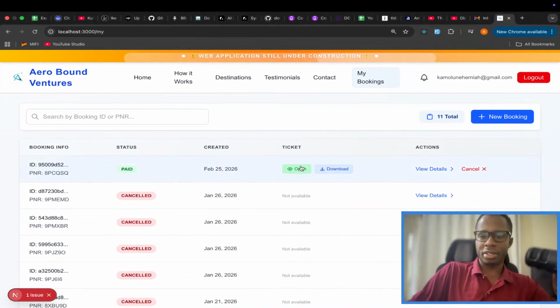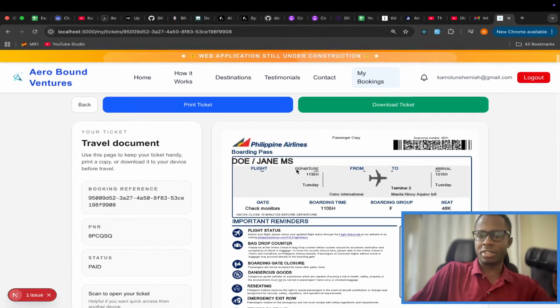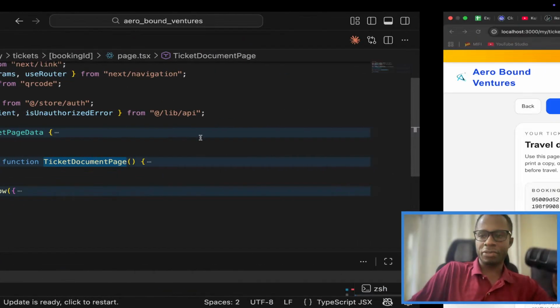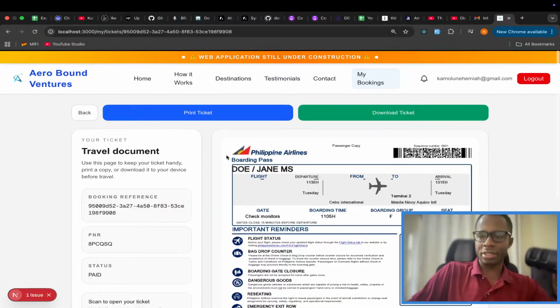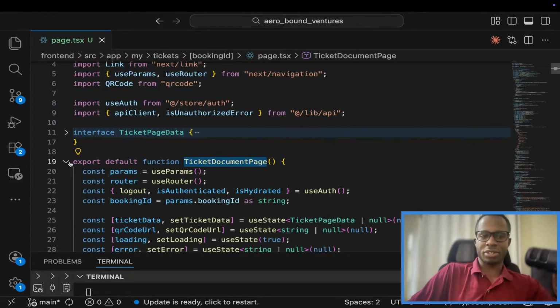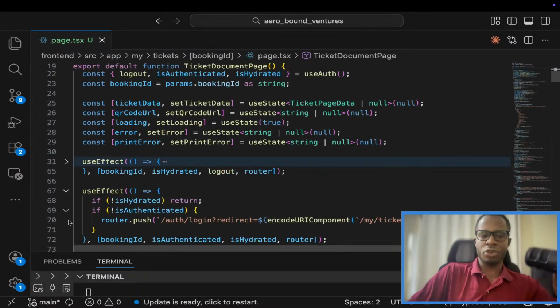It's referring to this page here. This is the ticket document page. So this function component is responsible for rendering this page. So I hope you now get the logic behind it, how they match. So let's continue. At the beginning, we have a few